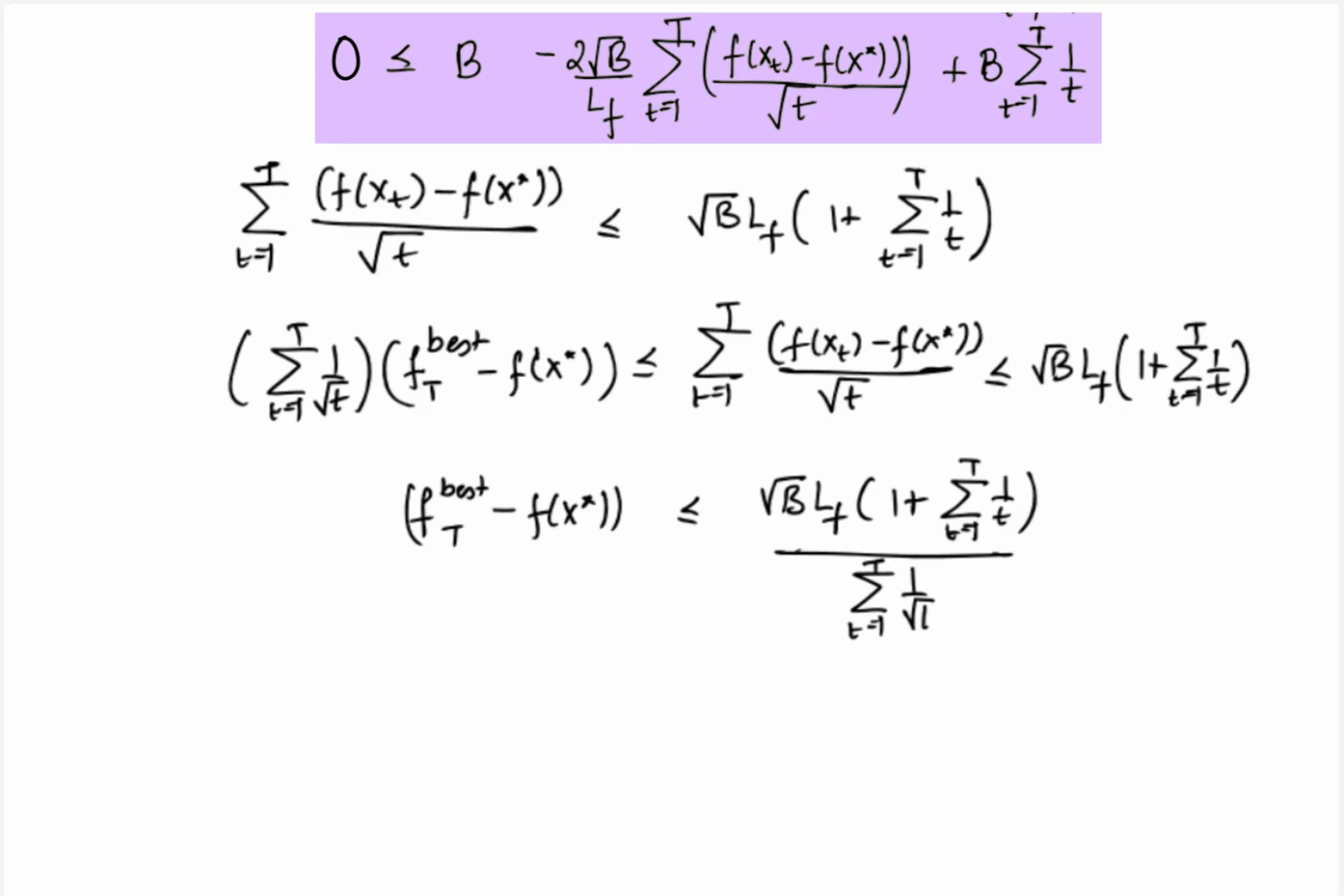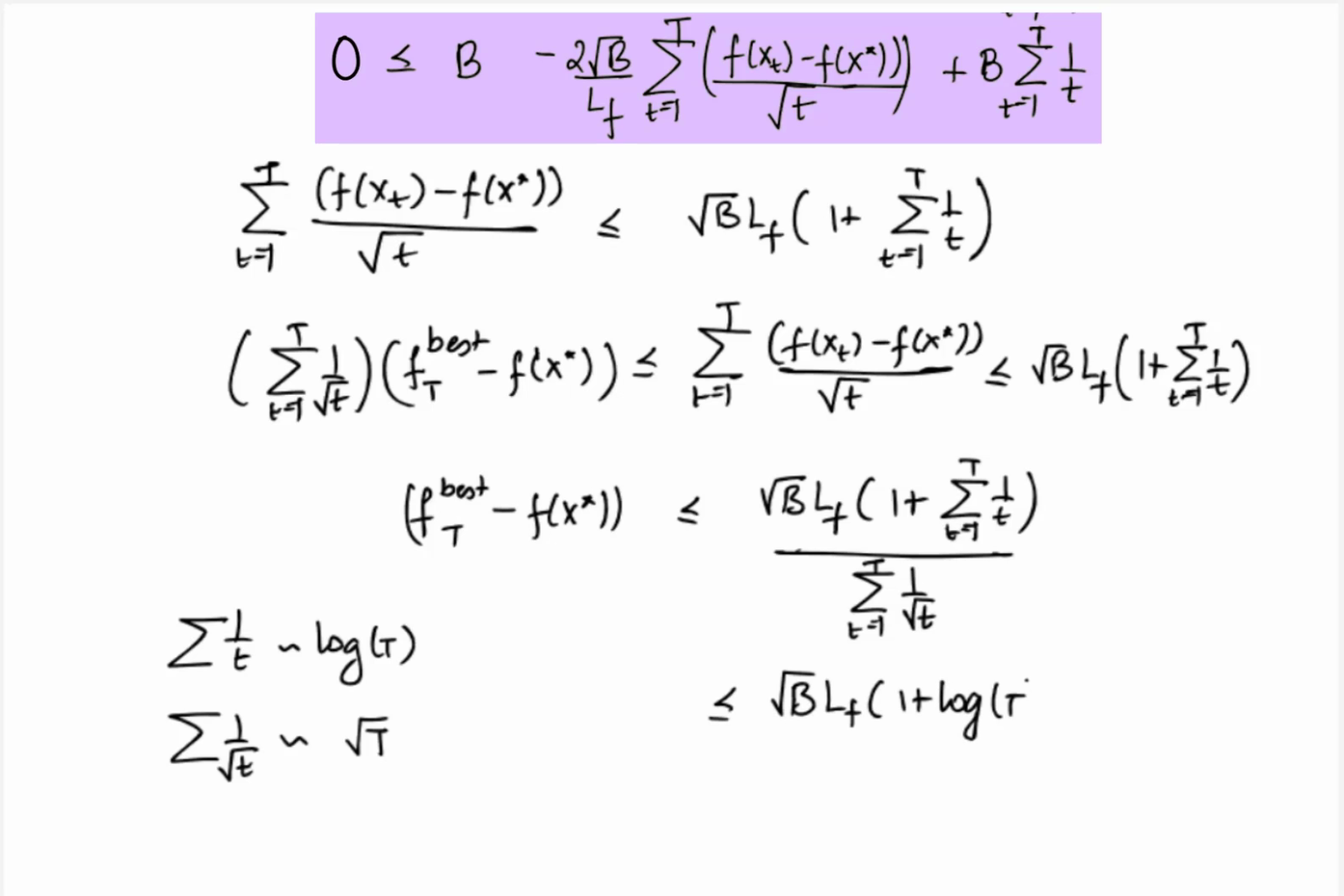We have already seen the kind of sums on the right hand side before. Recall that summation over t of 1 by t is approximately log of T and summation over t of 1 by square root t is approximately square root of capital T. So we have seen how to calculate these sums using integrals. Substituting these, we obtain that f best of T minus f of x star is less than or equal to square root b lf by square root T times 1 plus log T,